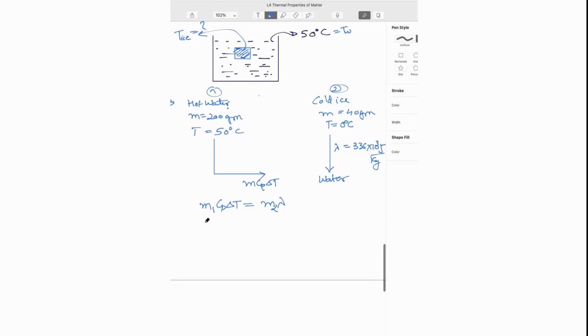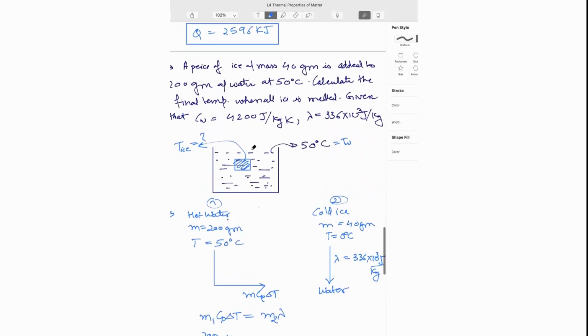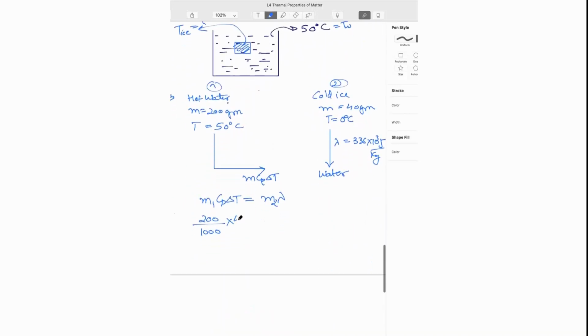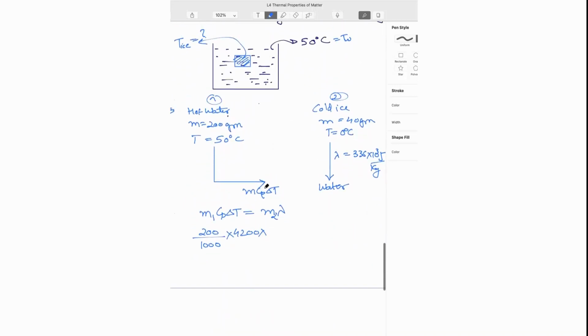So m1 is 200 gram. Now we know everything is in kgs, so that is 200 divided by 1000. Specific heat is 4200. The change in temperature: let's say the final temperature of the mixture is T. So the final temperature is T minus. So we need to check